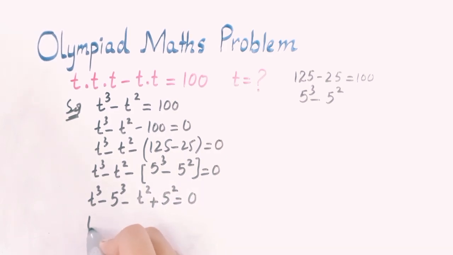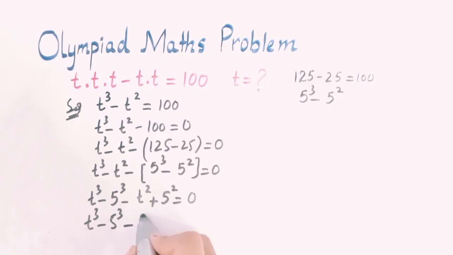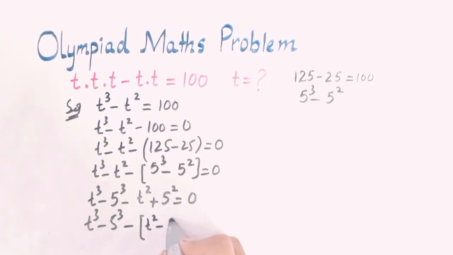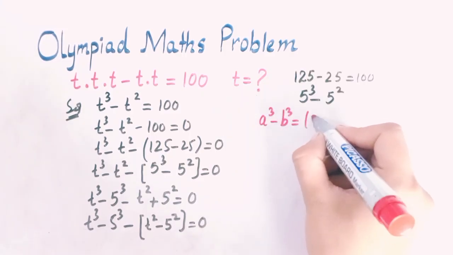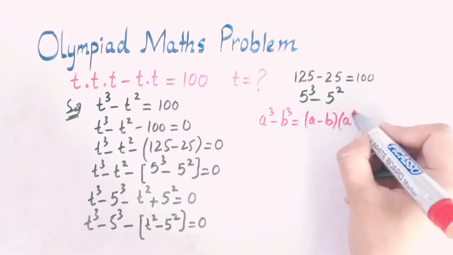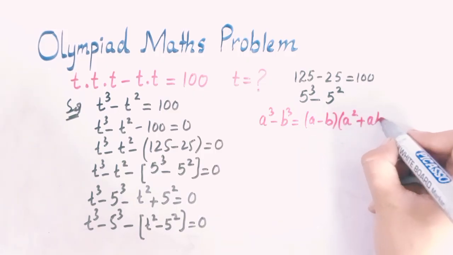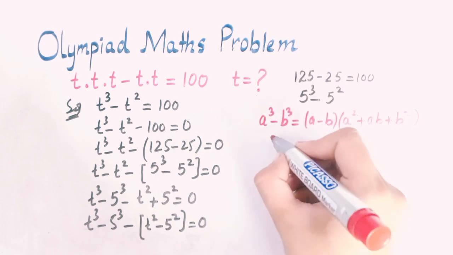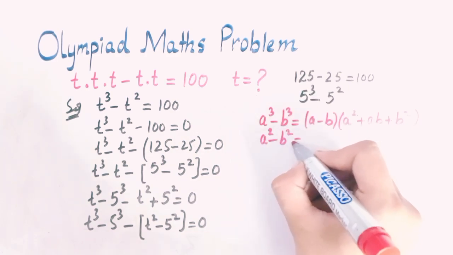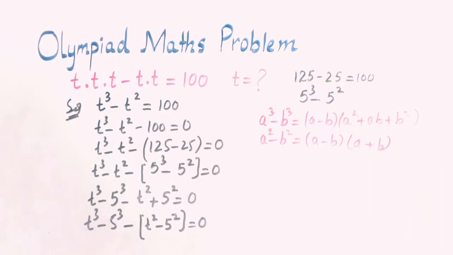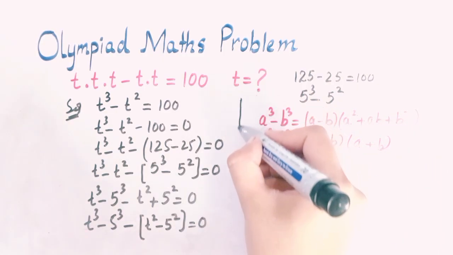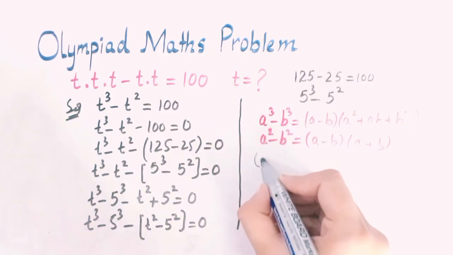Now we will write this as t cube minus 5 cube minus, taking common, t square minus 5 square equals 0. Now we will apply the important formula, that is a cube minus b cube equals a minus b into a square plus ab plus b square, and a square minus b square equals a minus b into a plus b. So we will use these formulas here and get the answer as t cube minus 5 cube is t minus 5